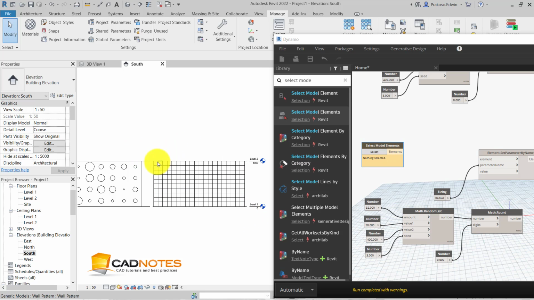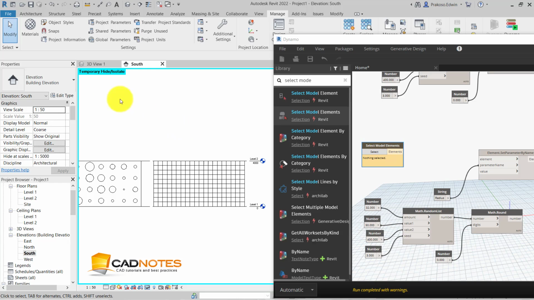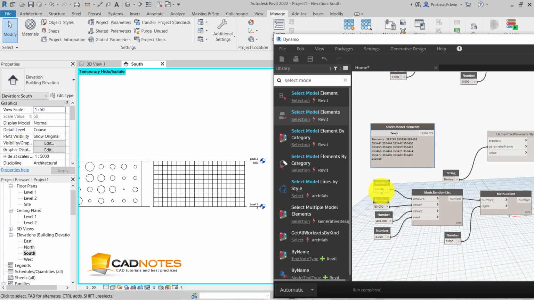Sorry, I need to hide the wall first. I don't want to select this wall when running the Dynamo. So I select that and press H twice. You can see now that the element is hidden. Let's select them. We now have 200 elements, so we need to change this to 200.